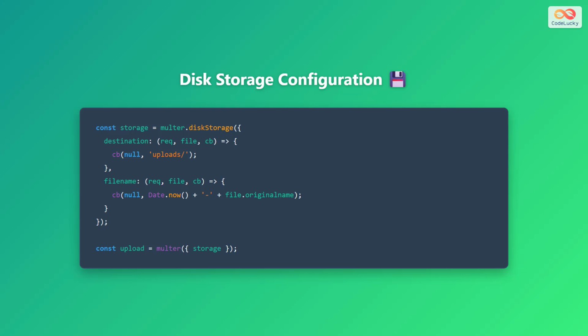const storage = multer.diskStorage({ destination: (req, file, cb) => { cb(null, 'uploads/'); }, filename: (req, file, cb) => { cb(null, Date.now() + '-' + file.originalname); } }); const upload = multer({ storage });